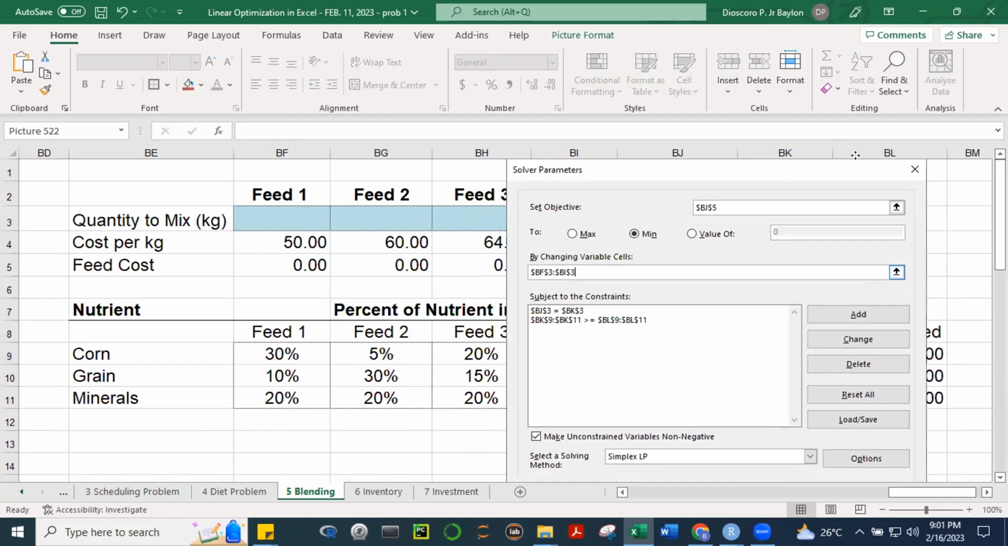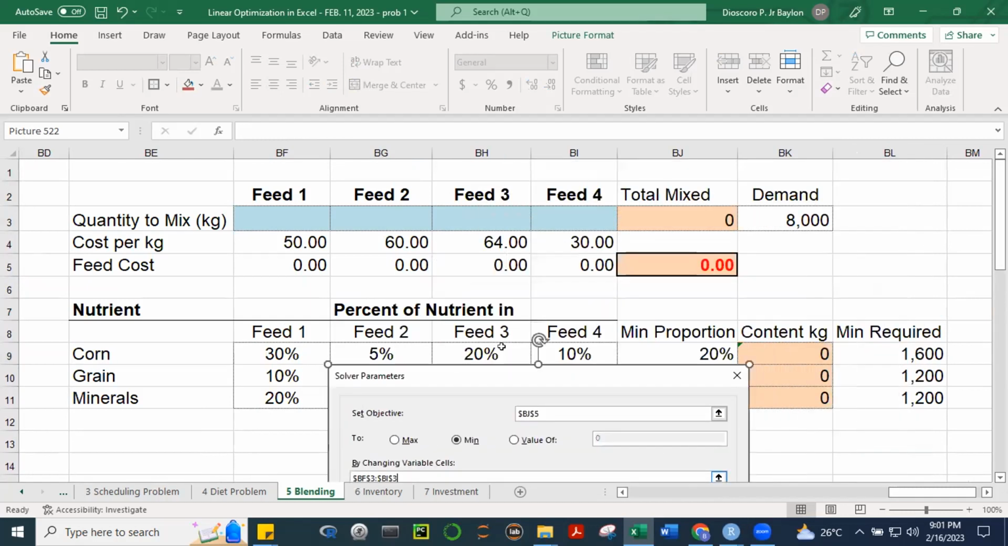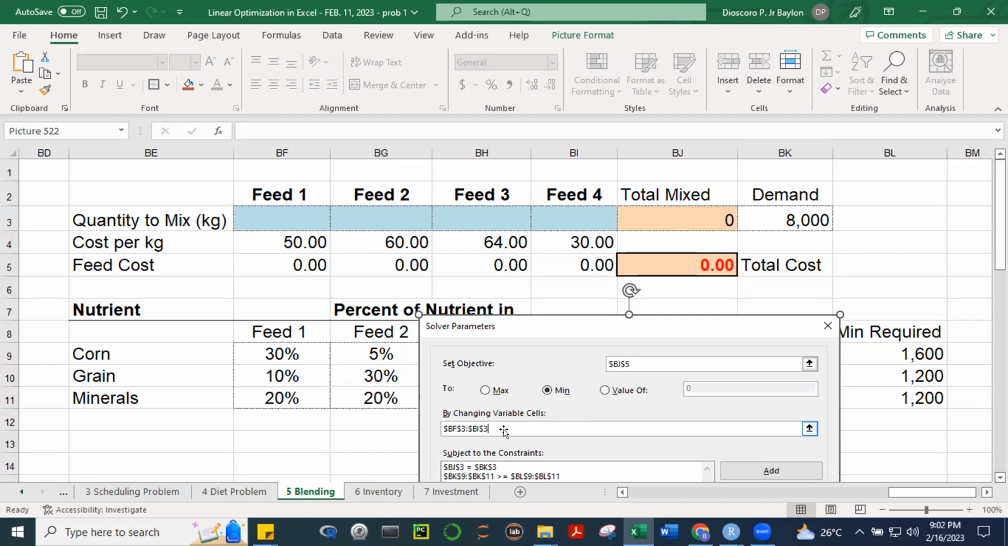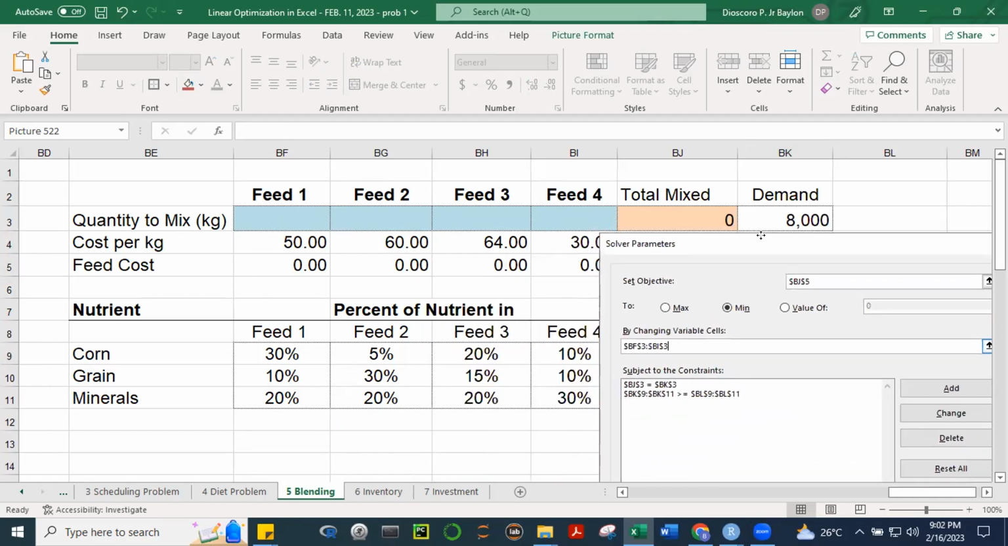Okay, notice that everything I can see here. Objective is BJ5, column BJ, row 5, this one. And we know that this is just the sum of the feed cost. So we have placed here total cost. It's an identifier. So this is our total cost, and then it's to be minimized. Changing cells is this one, BF3 to BI3. And then constraints are